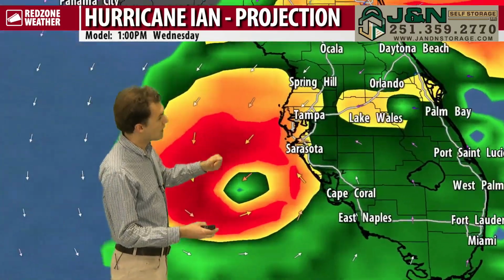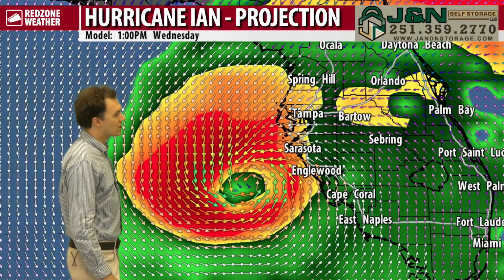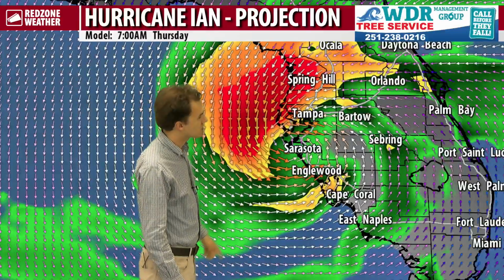This is one of our projections. This is off the Global Forecast System and very much in line with the finished product of the official forecast. We've talked about all this model data over the last few days, but this is pretty much on point at this point as far as what you can expect. This is valid at 1 o'clock on Wednesday, with the center of circulation coming in somewhere here along the western Gulf Coast of Florida near Tampa or perhaps near Sarasota